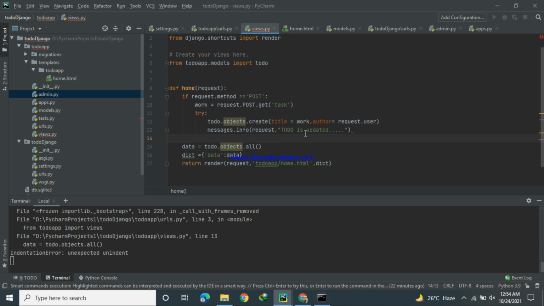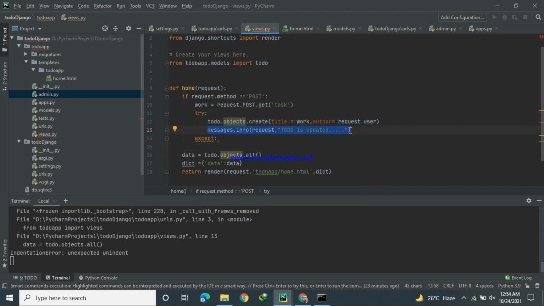Okay, if try is not running, we will run the except portion. The except portion is that we will get a message that there is a problem. Okay, in the except portion we will get a message: there is a problem, error occurred. Error occurred. Okay,